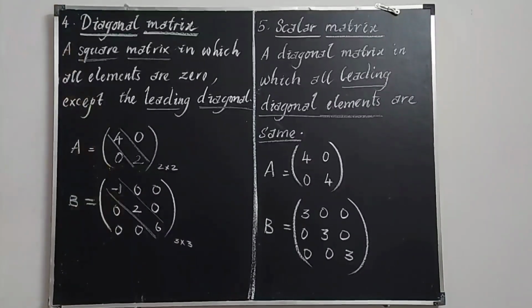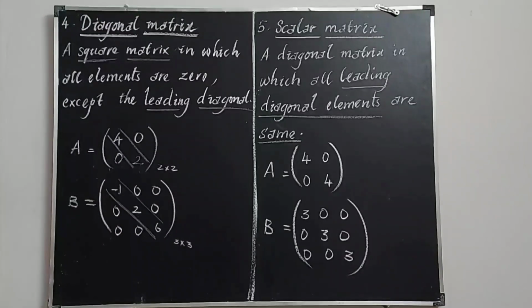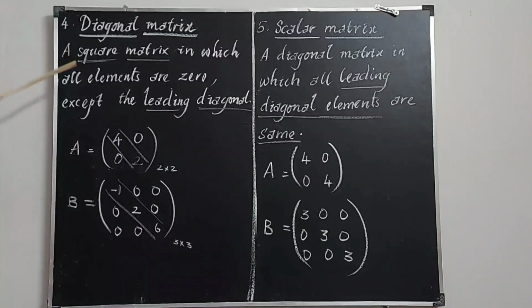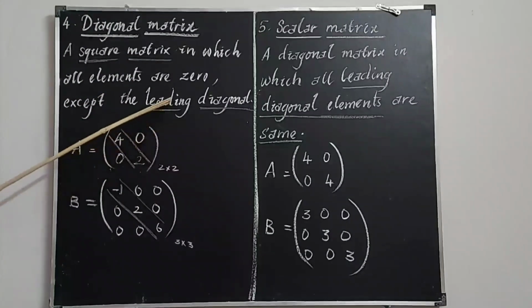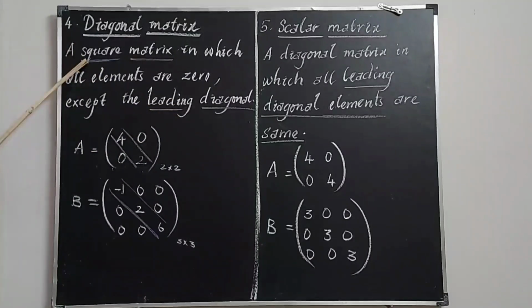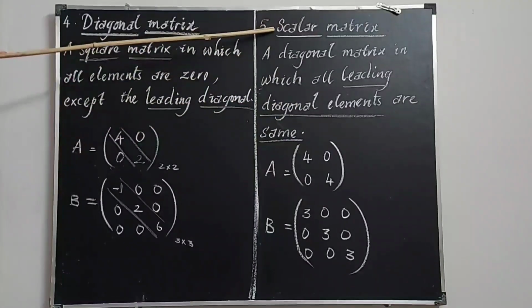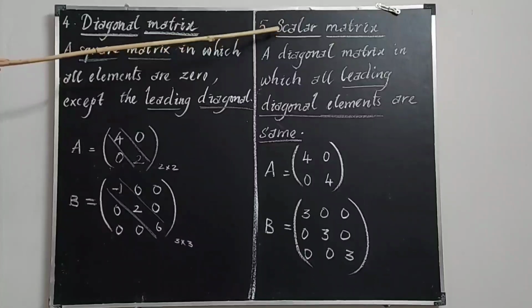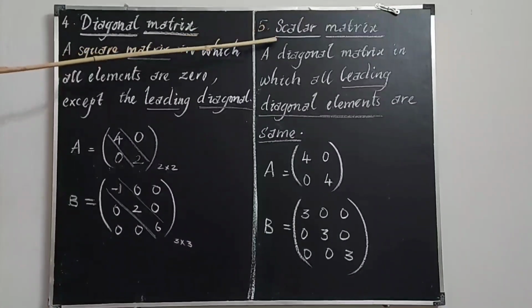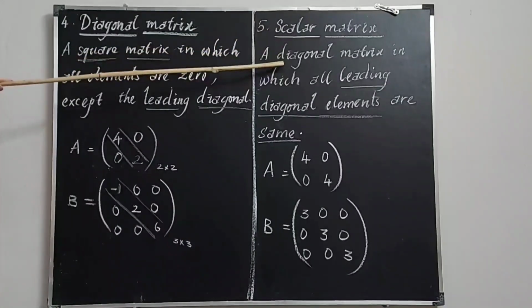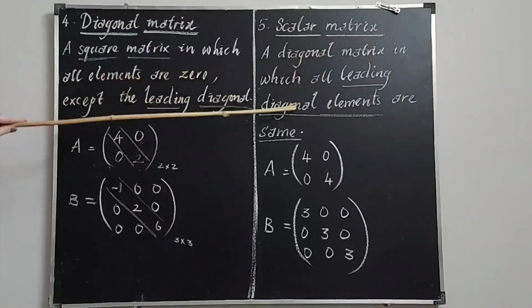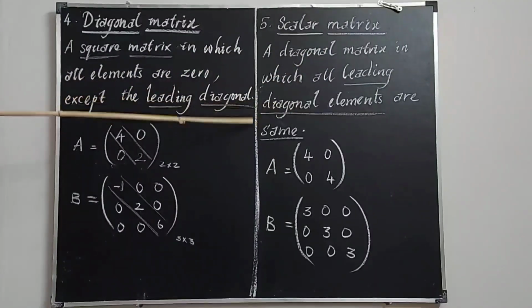So keep it in mind while writing the definition for diagonal matrix. How do you have to start? You have to start with a square matrix in which, like the same. A square matrix, if it has entries only in the leading diagonal, it is known as a diagonal matrix. Now a diagonal matrix in which all the leading diagonal elements are same. Here scalar matrix. Scalar means same. A particular number, then this is known as a scalar. Scalar matrix means it should be started as a diagonal matrix in which all the leading diagonal elements are same.